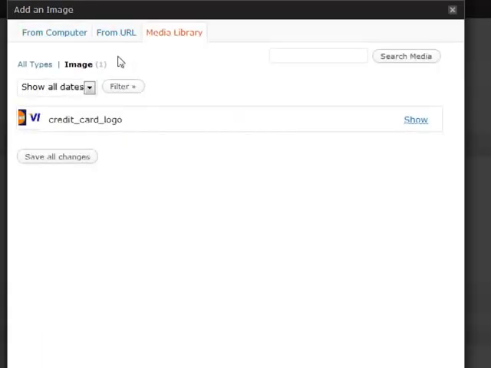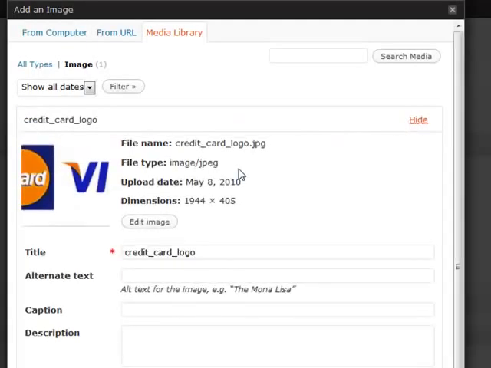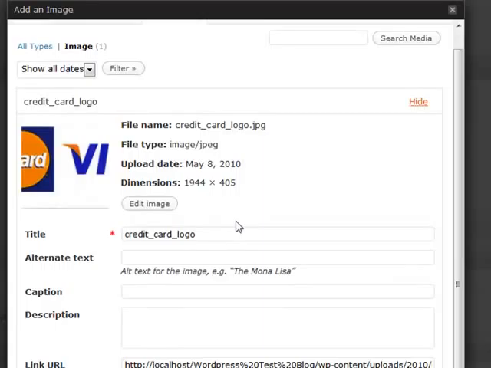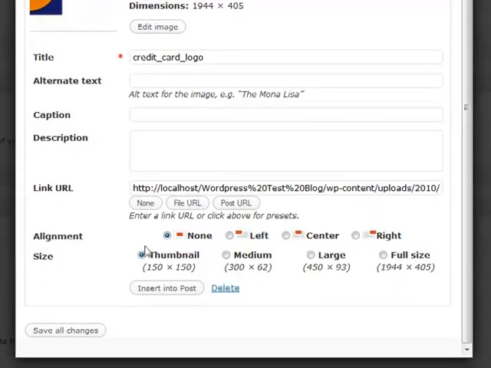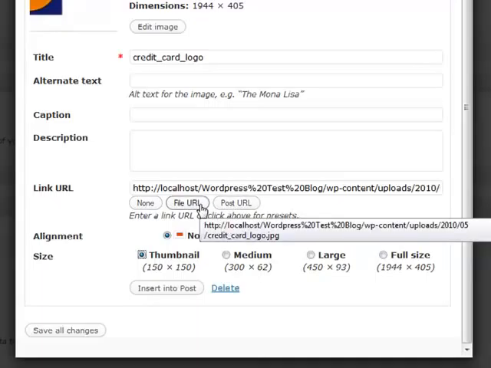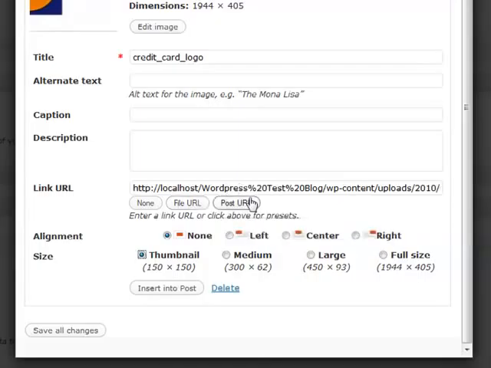So we're going to go to our Media Library. We're going to select this thing that we uploaded, and we're going to have the ability to do a couple of things here. We can once again edit it right then and there. We can insert a thumbnail version of it, or the actual full size or a medium version of it, and that way we can save space on our blog, especially if it's so big it starts to break the theme. And we can put the thumbnail in, and we have a couple of different options here. The link URL can go to either the full file, which is the image, or let's say the PDF or something like that, or just the post URL, which is basically the attachment